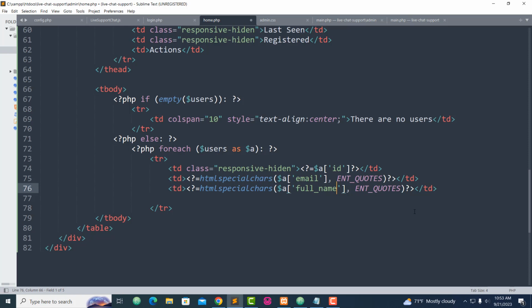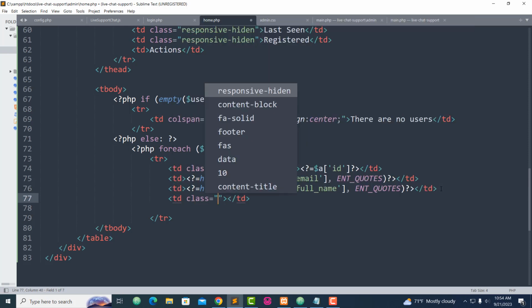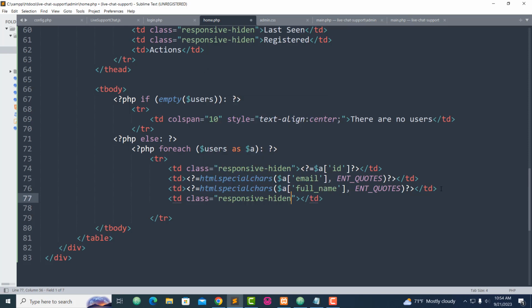Keep this one as it is. Next, we need the table data again. This time, pass a class called